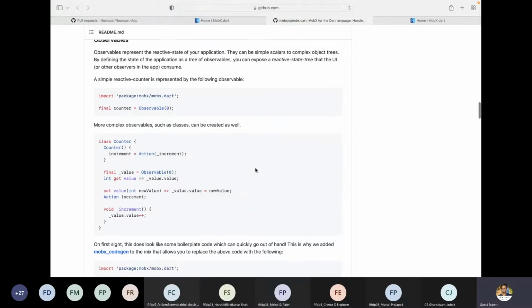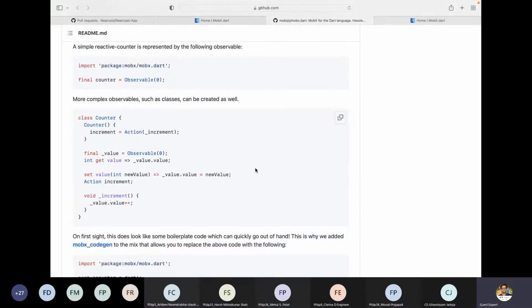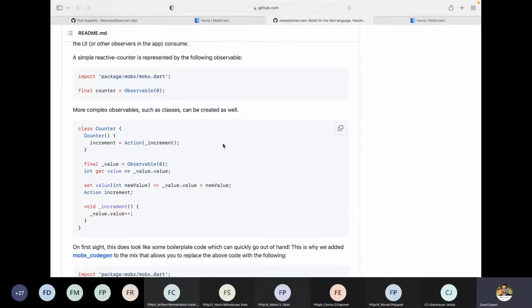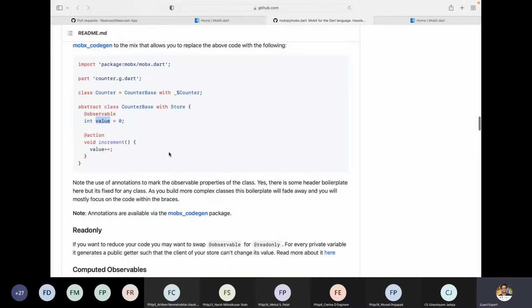And if we want to see our counter application, in the counter application, we will create one class like this. It will be an abstract class. We will have one observable called value, and then there is one action called increment.